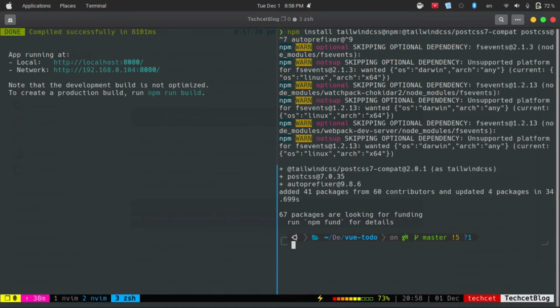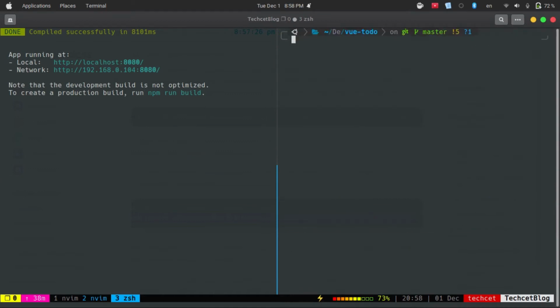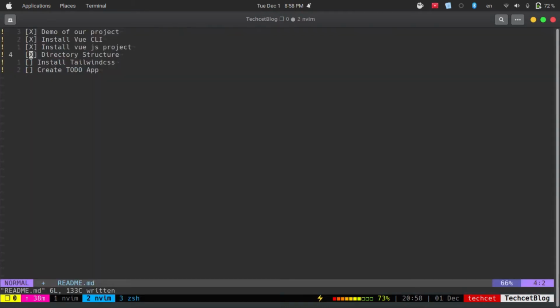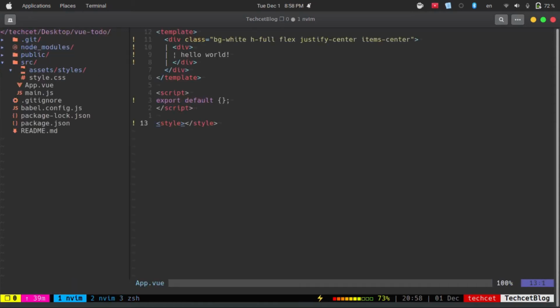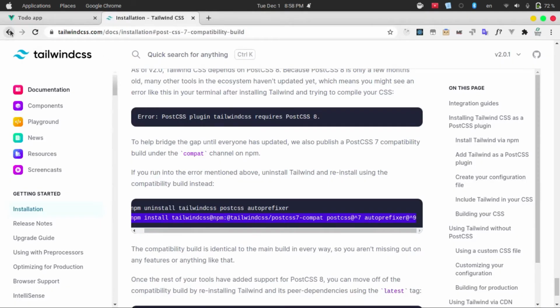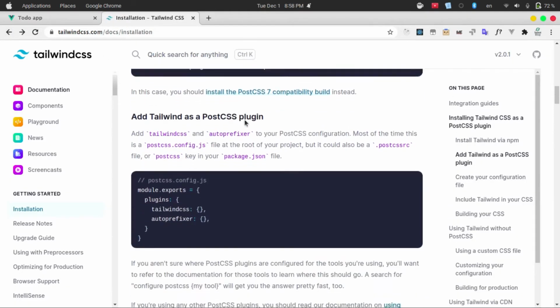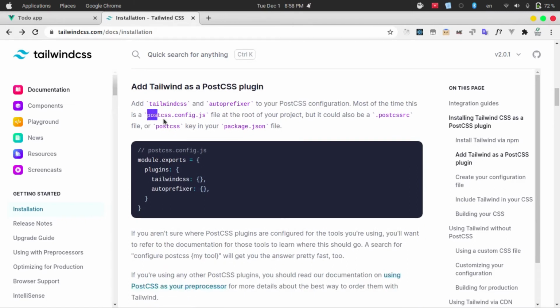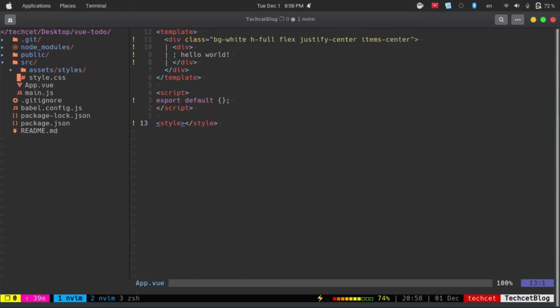So Tailwind CSS has been installed on our local machine. Now we need to go. Installing Tailwind CSS is done, but we need to configure it. Inside here we can go to the documentation page, and then go back. Now we need to have a postcss.config.js file in our root project, so we can create a file,